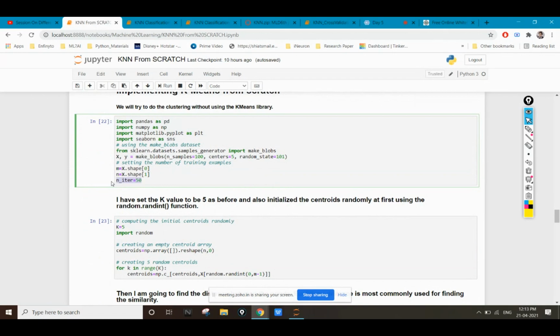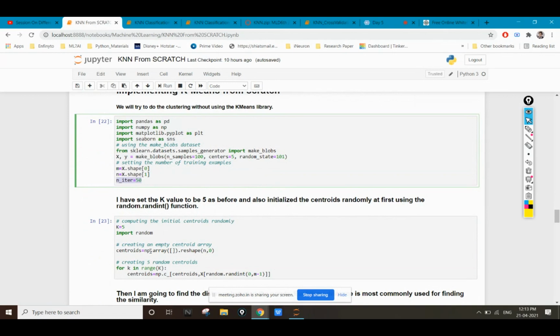That limit by default is 300 iterations. In the program I'm making, I'm just taking 50 iterations at max. I will change my centroid points 50 different times.